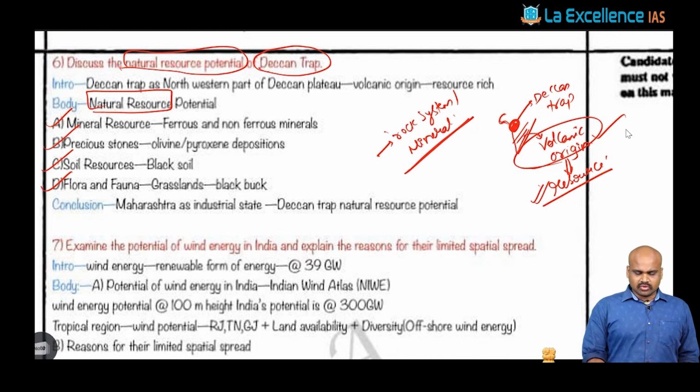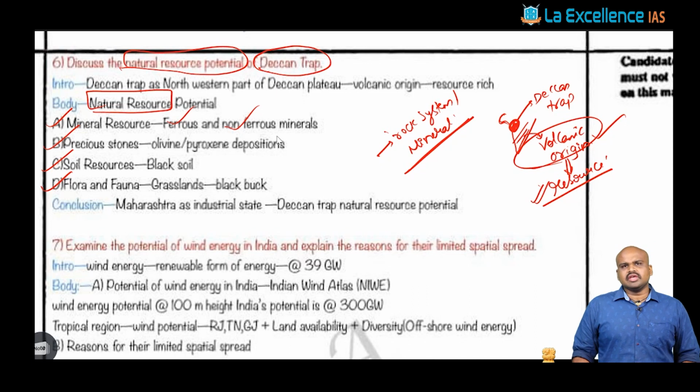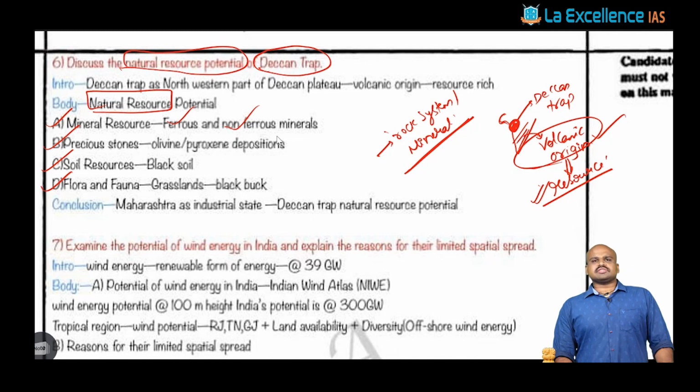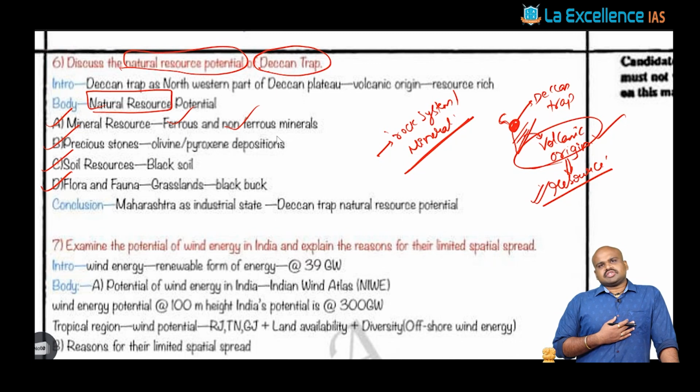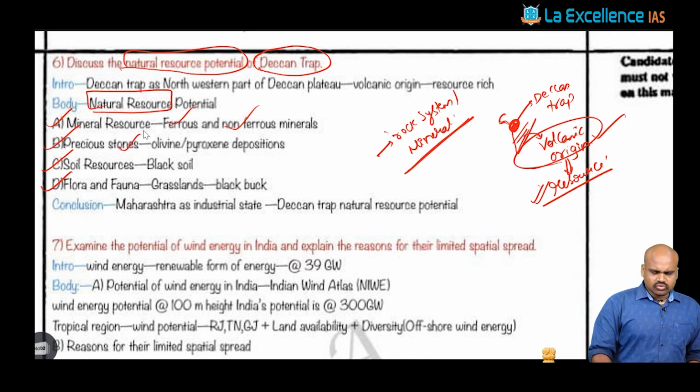So in that context, you can talk about the ferrous and the non-ferrous minerals as one of the regions that are present with respect to these mineral resources. Apart from that, we can also talk about the precious stones. That is because you know that the magma is sourced from the mantle, and you would see the composition of the mantle, be it the upper mantle or the lower mantle. These are composed of olivines and pyroxenes, and because of these, there is going to be a precious nature of the stones after solidification of such composition, because we talk about these olive green stones, right? That is a kind of precious stone resource that is present.